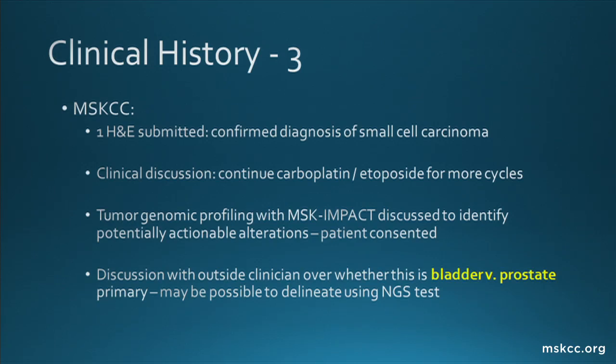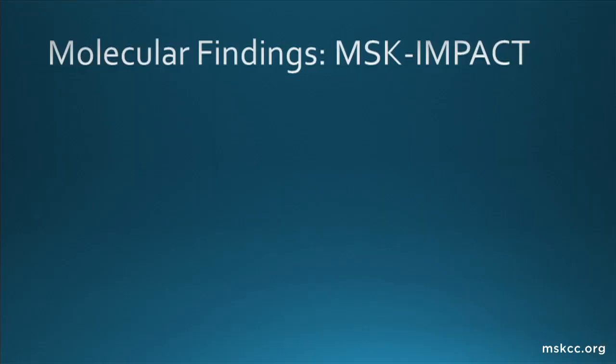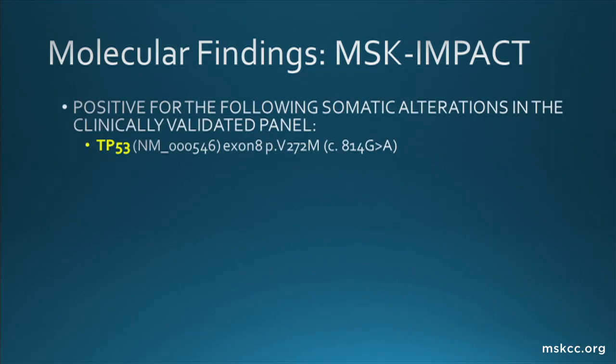You remember the original radiology was the irregular asymmetric prostate, inseparable from the bladder base. Later, we had asymmetric wall thickening in the bladder as well. And so this was still in doubt. And in fact, MSK-IMPACT assay was performed, and within what we call the clinically validated panel, P53 mutation was detected,